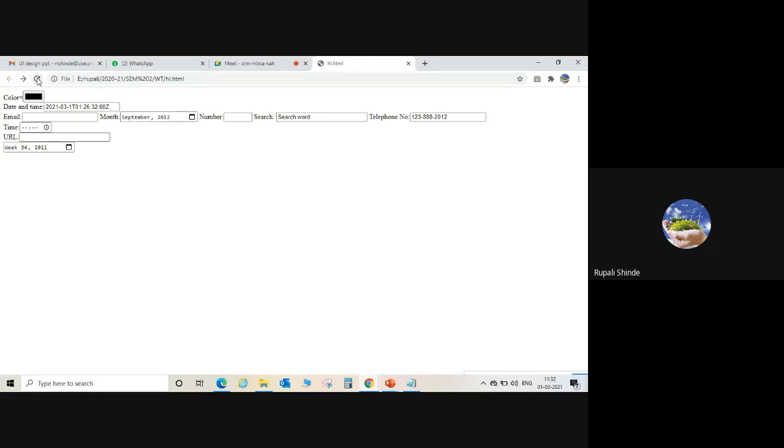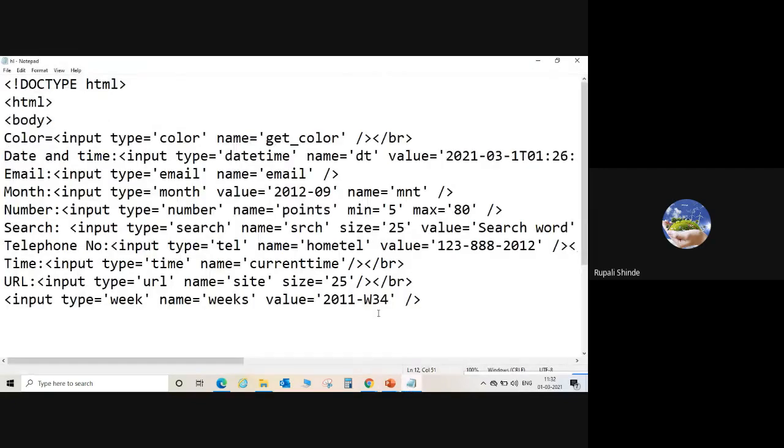If we change the value, instead of 11 we just mention 19. We are going to access week 34 from the year 2019. Okay.